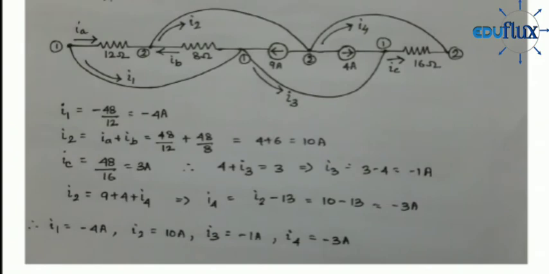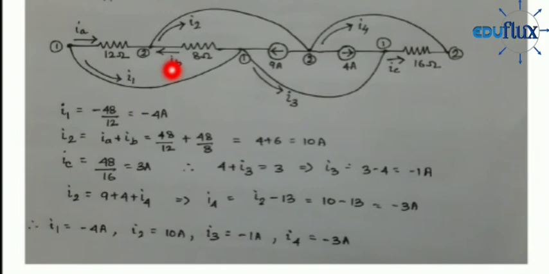So in this circuit, we have already found the voltage V, right? So now between the nodes 1 and 2, the voltage is 48 volts. We have already calculated. So from here we can easily calculate the current through this 12 ohm resistance, which is 48 by 12, that is 4 amperes. Now if you see, can we not say that I1 is just the opposite of IA?